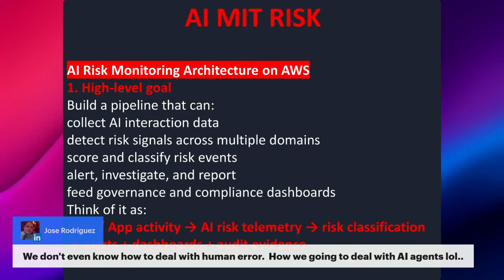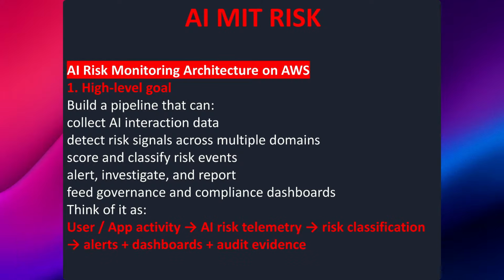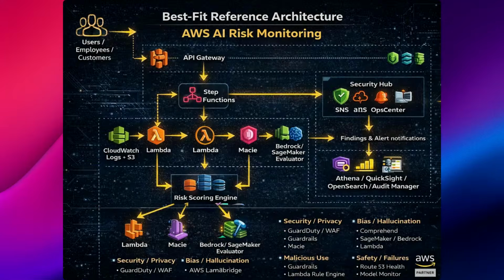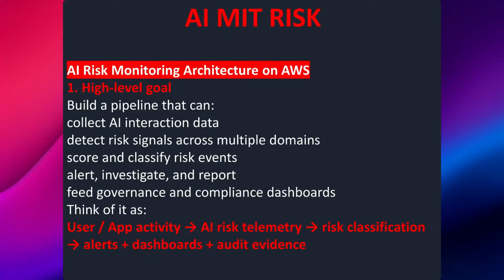Let me knock out a couple of these slides real quick. We were looking at the AWS version of their AI risk monitoring. So I'm just going to rip through how they set it up. From their high level, they're going to build a pipeline that can collect AI interaction data, detect risk signals